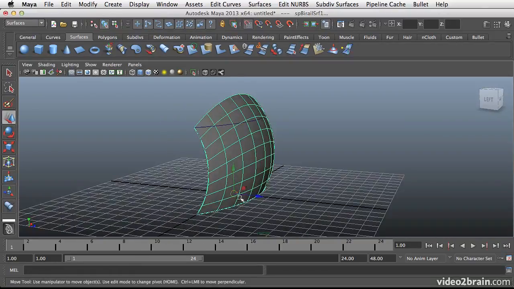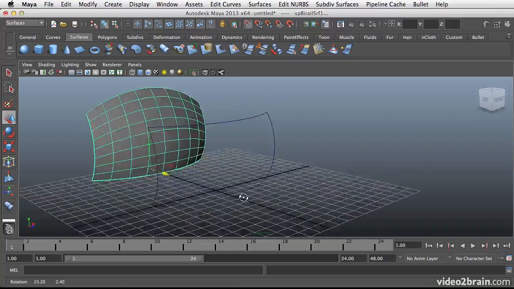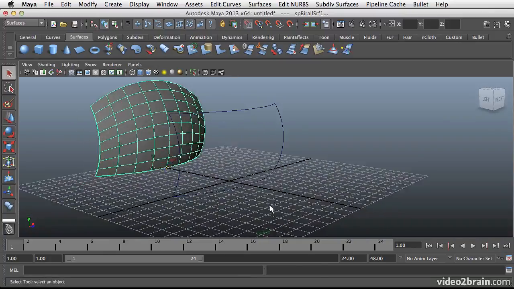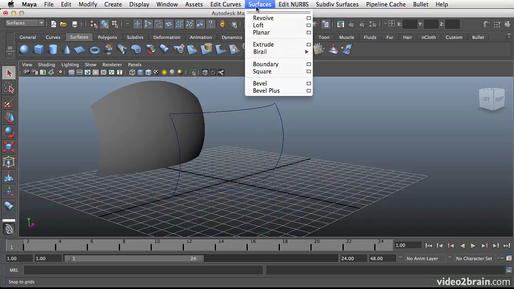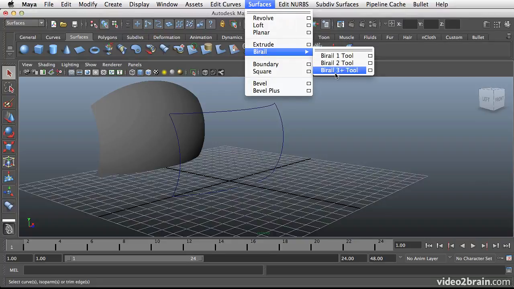So if I want to include that and get more control over how this surface terminates, then I need to put those together. And for now here, let's just take this one and move it back out of the way, so we'll see here. So now what I'm going to do is perform a different option. So I'm going to go up to bi-rail under the surfaces menu, and there's also bi-rail 2, so if you have 2 profile curves, and then there's bi-rail 3 if you have 3 or more